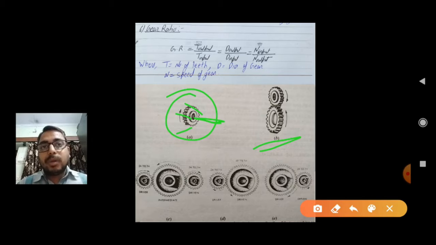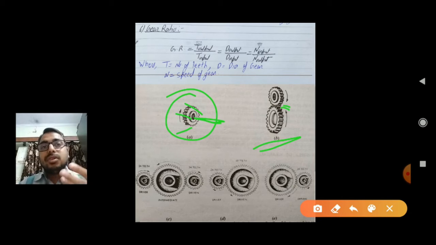In the helical gear, the noise production is less, and if you talk about mechanical efficiency, the mechanical efficiency of the helical gear is higher. As I have explained, some helix is maintained. You can see in the diagram that at the time of meshing, the helix maintained between these two gears is mated. Because of that, the full forces are not generated. The mating takes place from one side to the other, due to which less noise is generated in the helical gear.